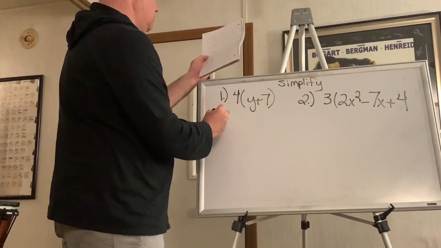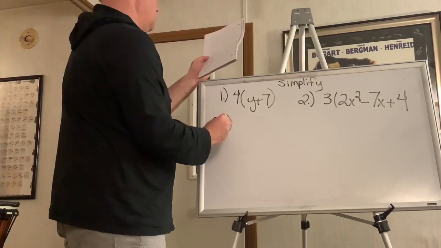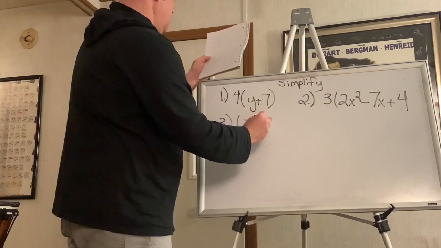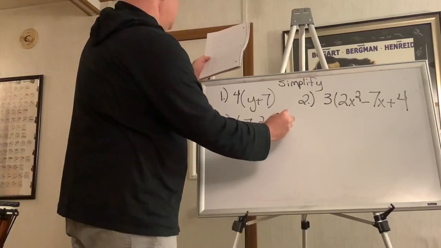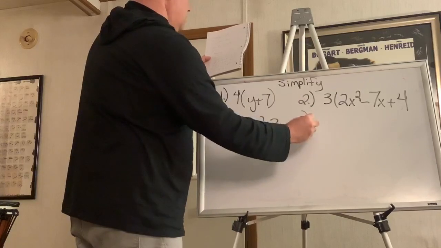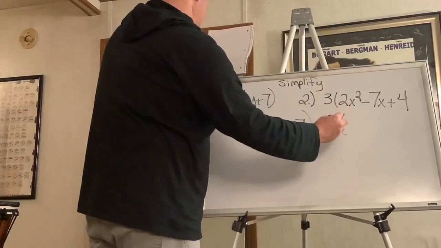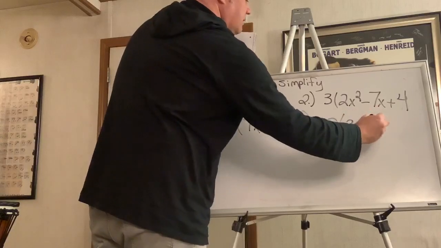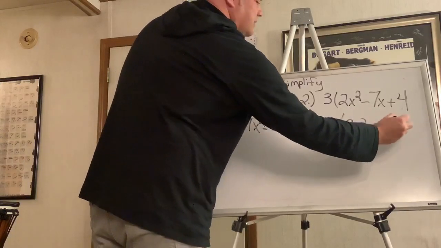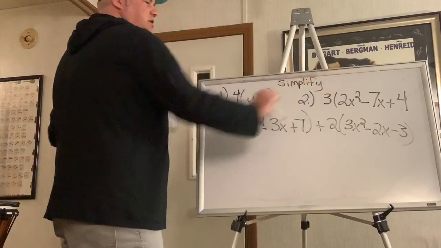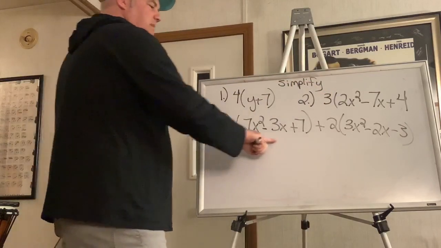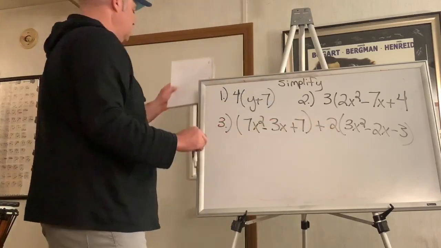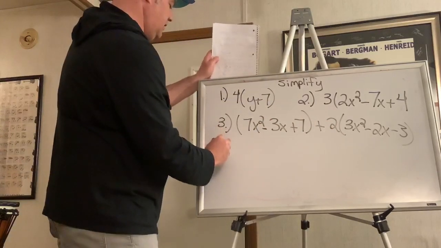And number 3 is 7x squared minus 3x plus 7 plus 2 times 3x squared minus 2x minus 3. So these first 2 are just distributions. This one is combining a polynomial here, adding a polynomial with a distribution part of it. And then you've got another